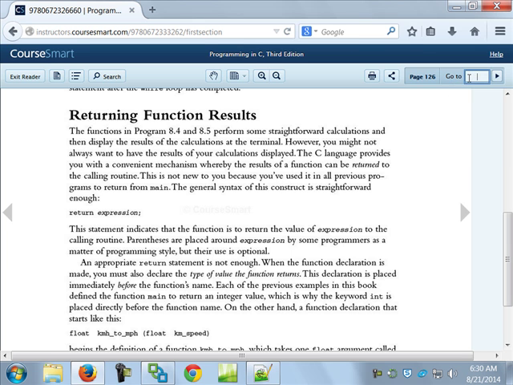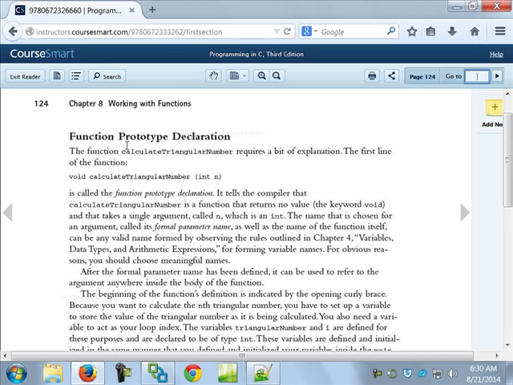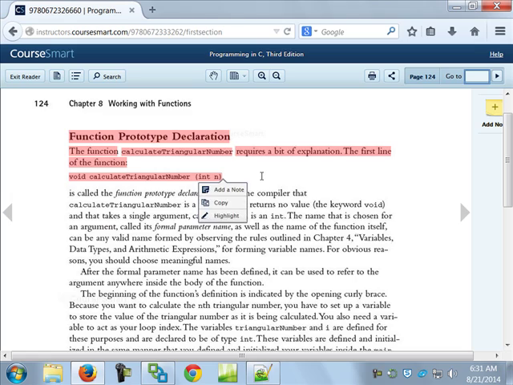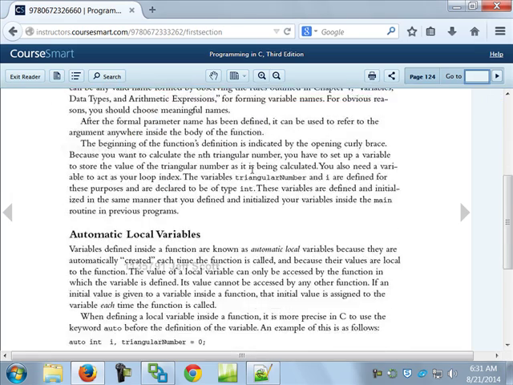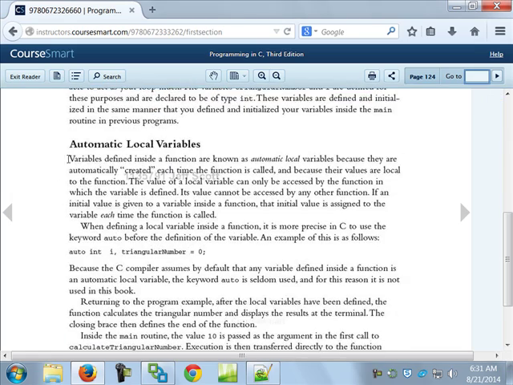Early in the morning, it's 6:30, and I guess I'm not as awake as I thought I was. There's more on the function prototype declaration that I just mentioned to you, so if you want that, it's on the top of 124. But here's what the author says. Variables defined inside of a function are known as automatic variables because they're automatically created when the function's called, and their values are local to the function. So they're local variables that get into scope when they're declared and go out of scope when the function ends.